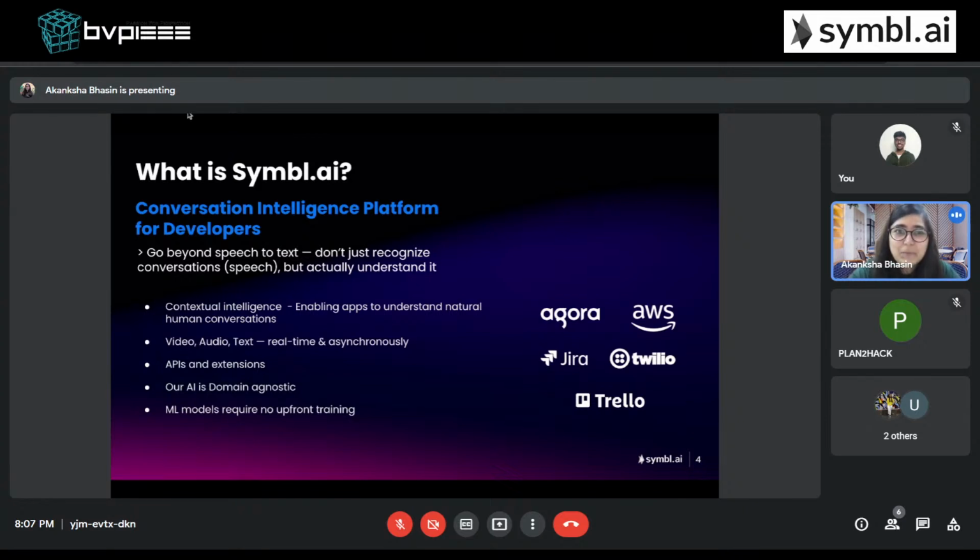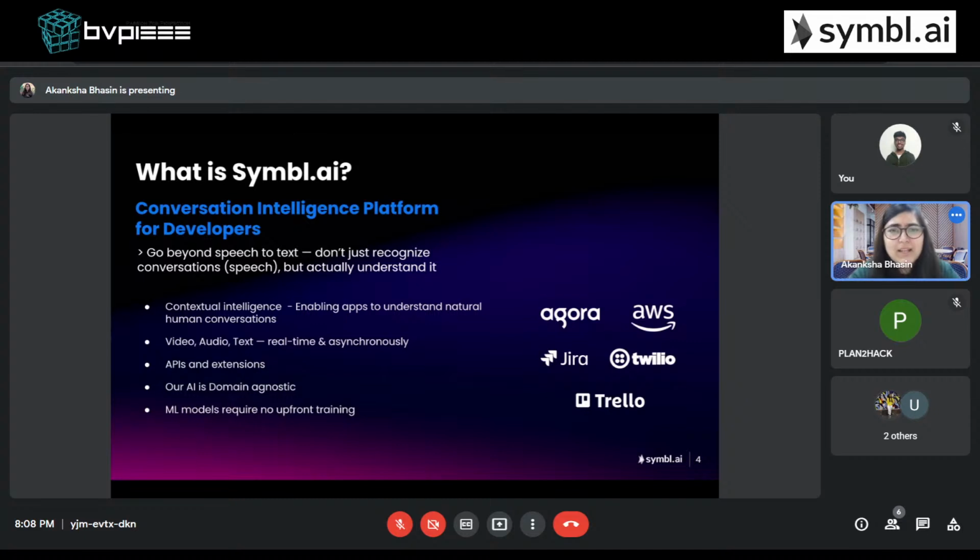And we are also domain agnostic, which means we are able to extract unbiased intelligence, unlike those typical ML models that are trained for a specific use case. So we can apply on all horizontal scale. This enables developers to just plug us into their apps and use it for whatever use case they want. And Symbl.ai is also integrated for real-time conversation intelligence on AWS Chime, Twilio, and Agora.io as well. You could build in collaboration with those as well.